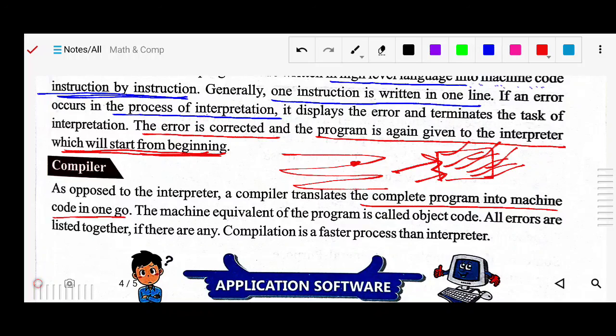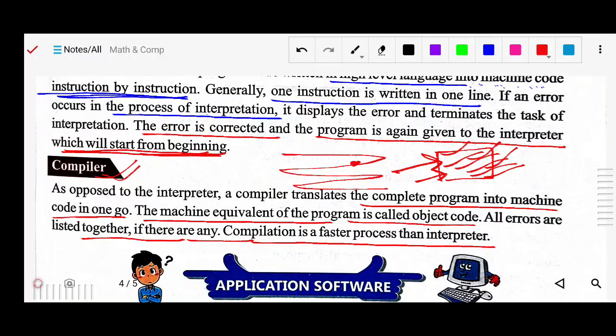The machine equivalent program is called the object code. Once it is converted, it is called the object code, and all errors are listed together. Compilation is a faster process than interpretation, because the compiler does it all at once, in one go.